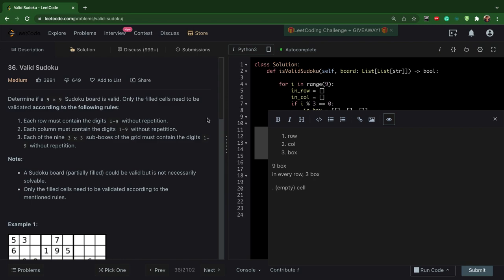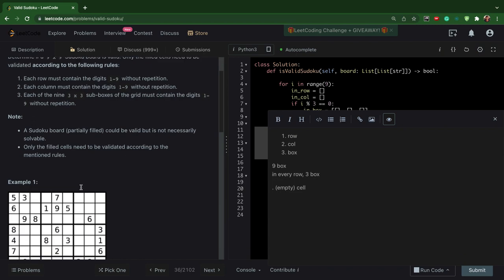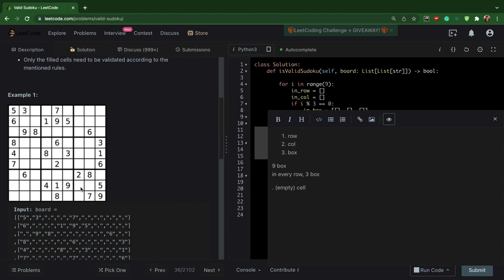Hello everyone, it's LeetCode 36 problem, the valid Sudoku. It's a medium problem and it's going to be to validate the Sudoku if it's valid or not. So we can say that it's a valid Sudoku if its